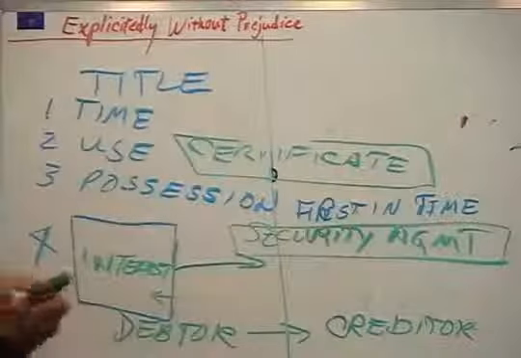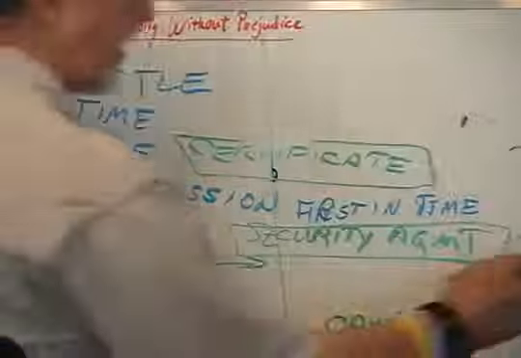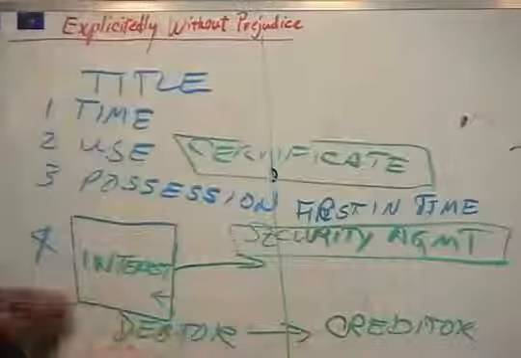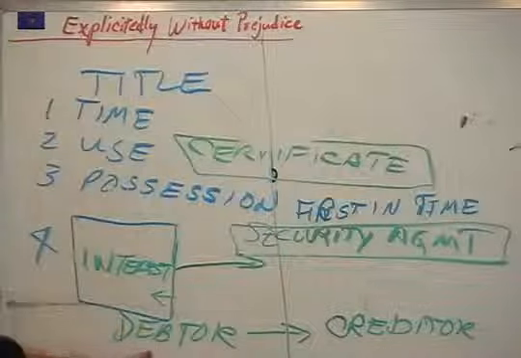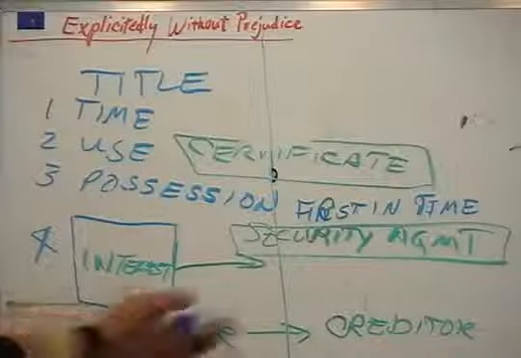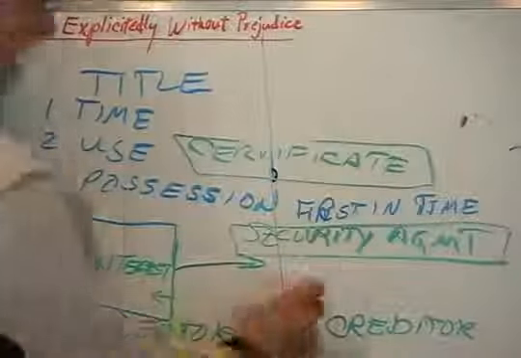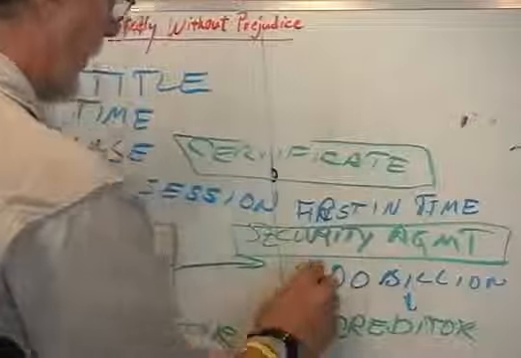So you're first in time on the security agreement. You've registered it. You've now set it up on the UCC so that the world knows that thing exists. And now they're without excuse if they want to deal with this debtor. Because no matter what they bring against the debtor to make a collection from him, that security agreement is going to have a $100 billion debt on it that he owes to the creditor.